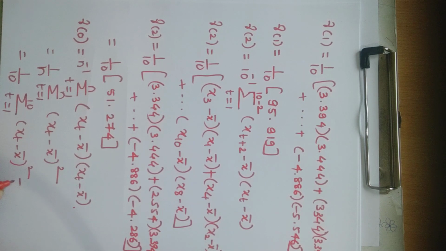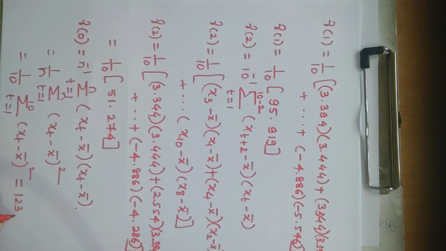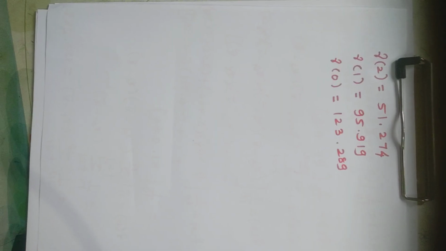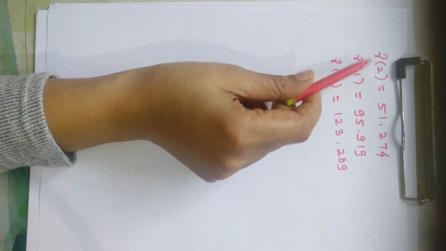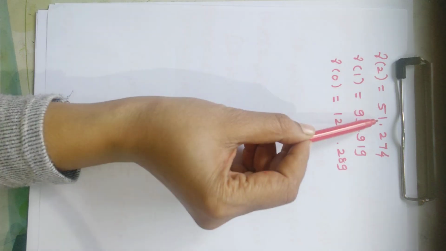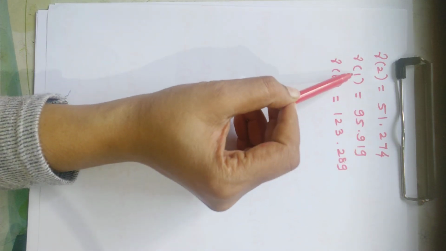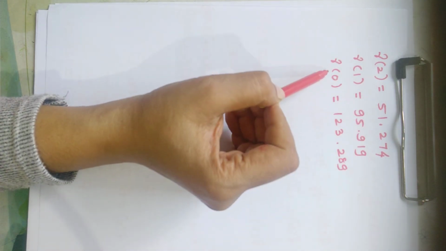And this value of gamma naught we have is 123.289. So I have written directly, but we can substitute here using the table, when the summation runs from 1, x1 minus x bar square, x2 minus x bar square, all we have to add. So now we obtain these values by using the formula: gamma 2 as 51.274, gamma 1 is 95.919 and gamma naught is